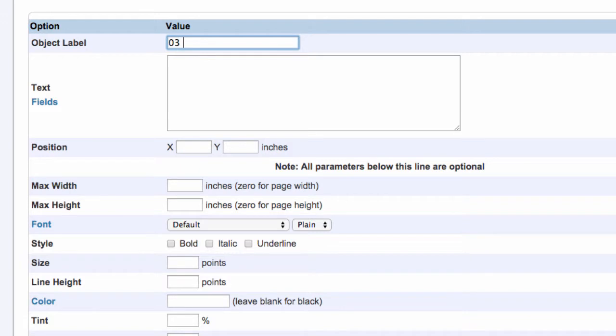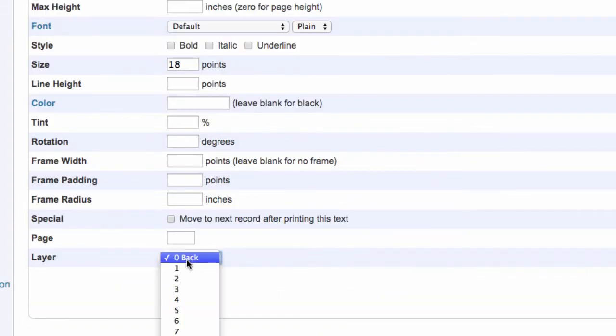The next text is going to be my third text, and it's going to be my awarded 2 line. Once again, it's centered, and it's just going to say awarded 2. Don't have to worry about my X. My Y for this one, I'm going to put at 4.75. I'm going to leave this the default font, and I'm going to make it 18 points. Last thing I need to do is make sure it's on that layer 2 so it sits on top of